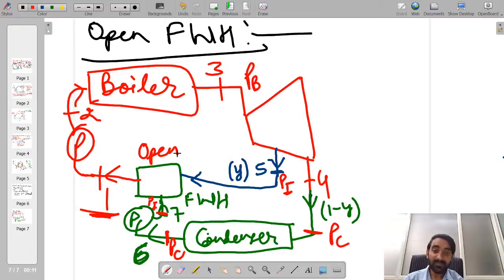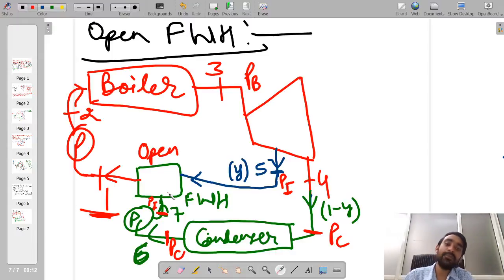Okay, now two important things are over here. The first point is that we have extracted certain fraction of the steam. So we have not extracted the entire steam over here. So we have extracted certain portion of the steam over here, and then this steam actually we have used over here to heat this liquid which is coming after the pump.